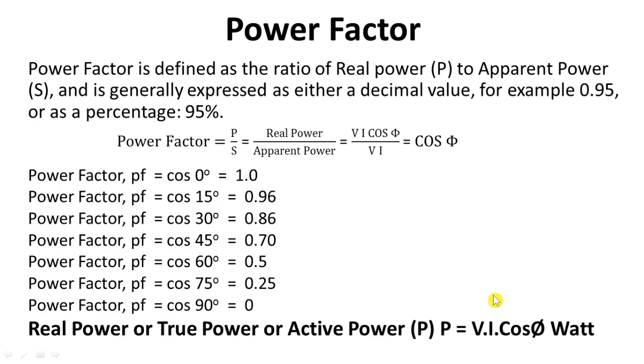So it is important because if we give the same voltage and current to two circuits, but one circuit has a high power factor, then we get more active power or true power. But if there is a second circuit where we give the same voltage and current but it has a low power factor, then we get low power there. In this way power factor affects active power or real power. If power factor is low, we get low power. If power factor is high, we get high power for the same voltage and current.